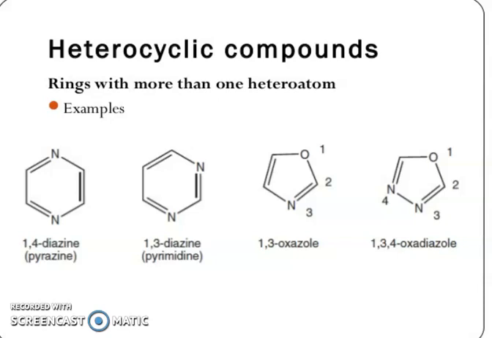Now in the same way you can look at this: 1,3-diazine. Now you can see why oxygen gets 1 and not nitrogen, because you know the rule: oxygen will get more priority than nitrogen. Getting my point or not? Yes. Okay, so oxygen will get the 1 position because you know the priority.